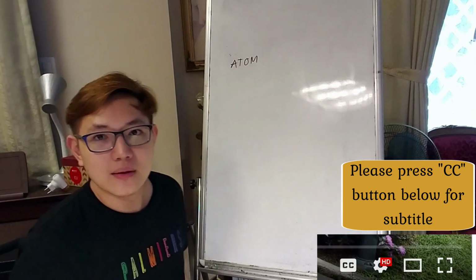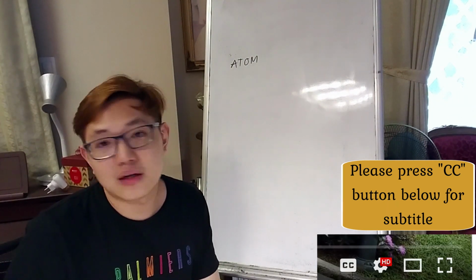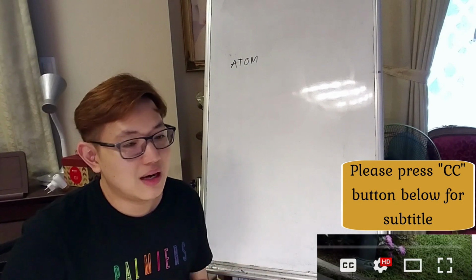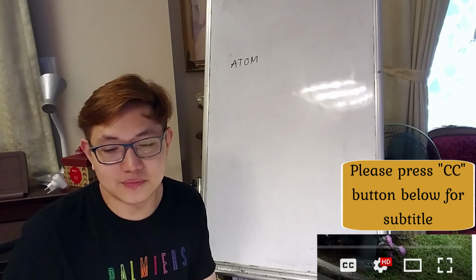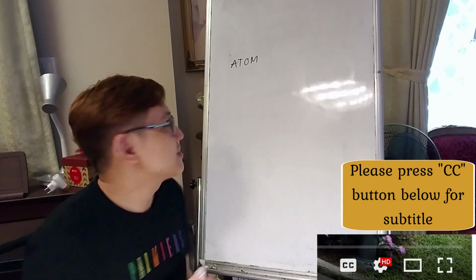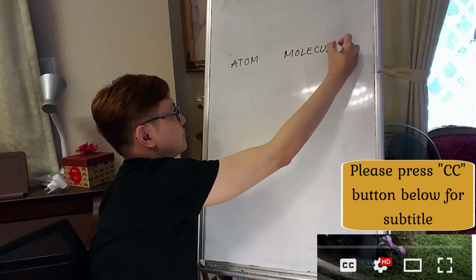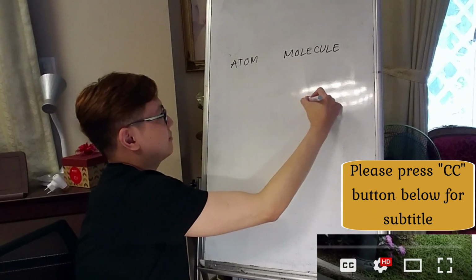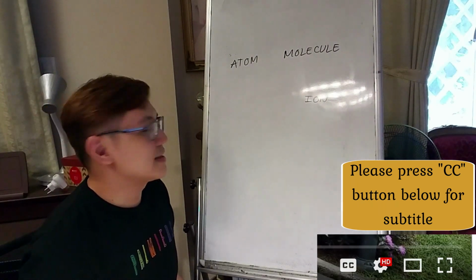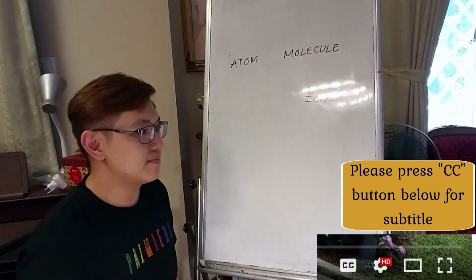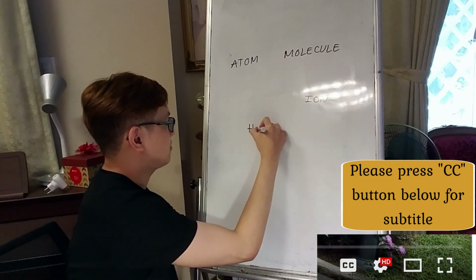So atom. So what is an atom? You have heard about, say, maybe carbon atom, oxygen atom, hydrogen atoms, or you have heard about molecules as well. And you have heard about ions. So what are they? So basically, the atoms are just the elements, for example, hydrogens, but they're just themselves. Like for example, if I have a hydrogen atom,